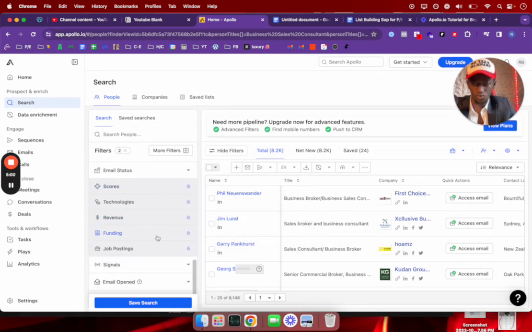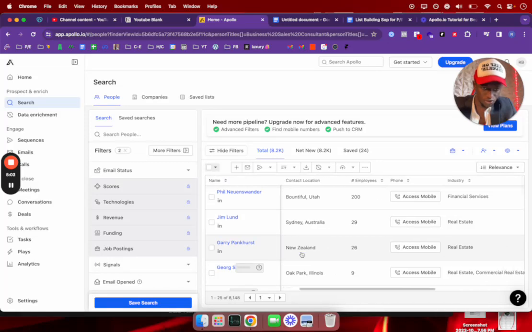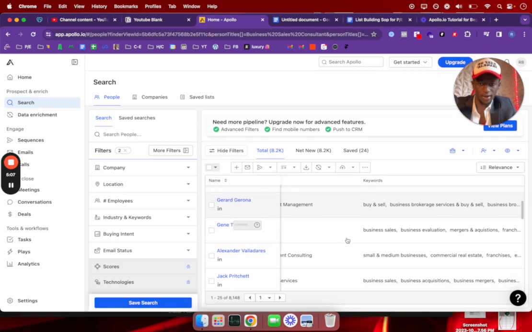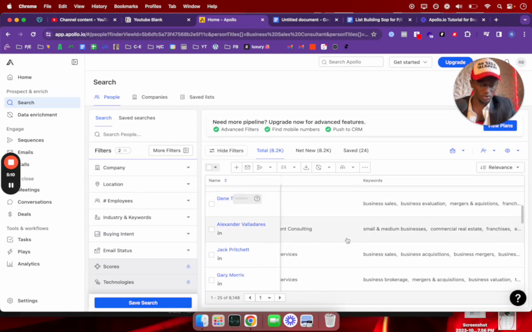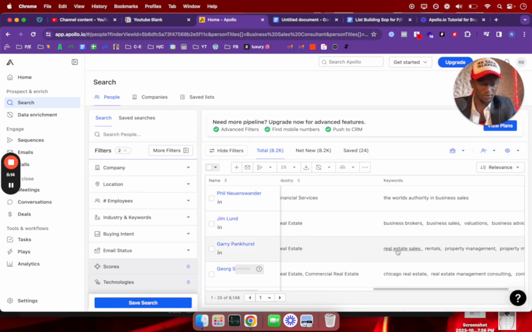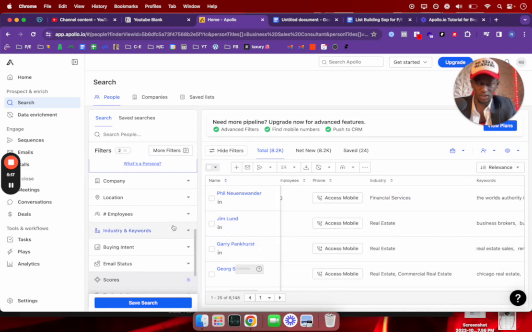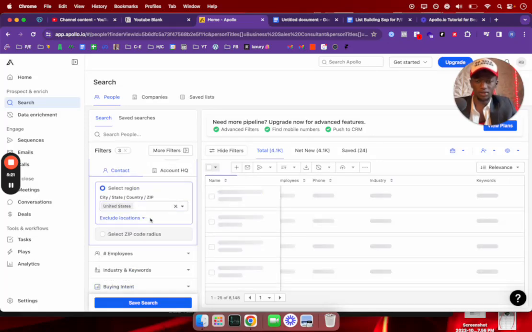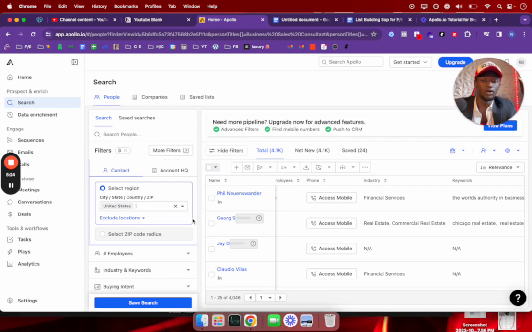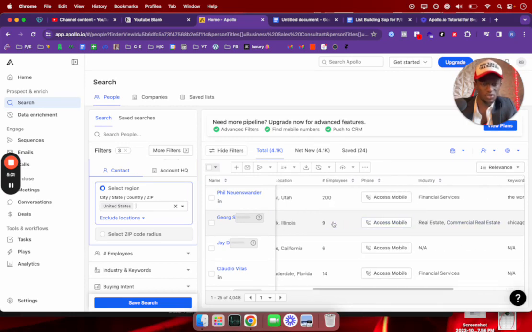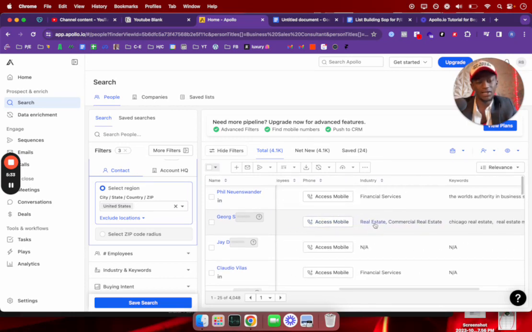You want to make sure the lead list that you're acquiring matches your ICP. So sometimes I'll go to the keywords and look at it a little bit. Some of the keywords might say some stuff like real estate. I don't want anybody that does real estate, and I obviously don't want anybody who's business brokering in another state, or in another part of the world, basically. So as you can see over here, sometimes I might leave real estate, or sometimes you might leave certain keywords because